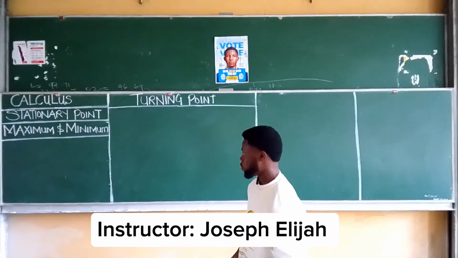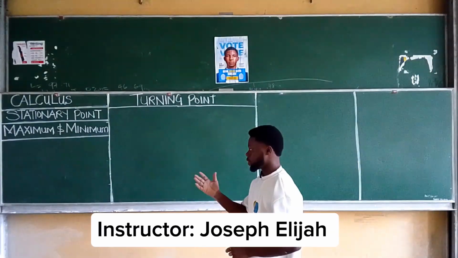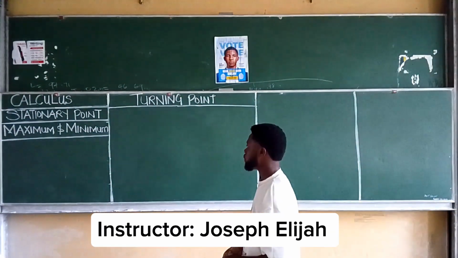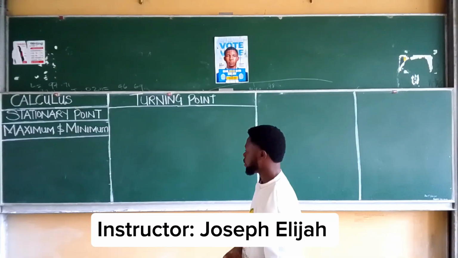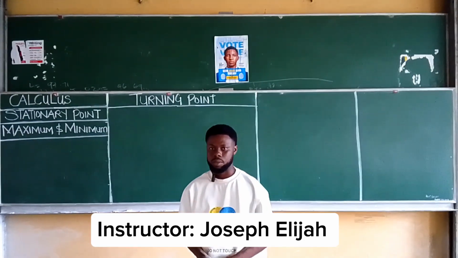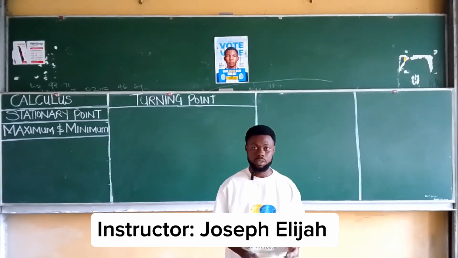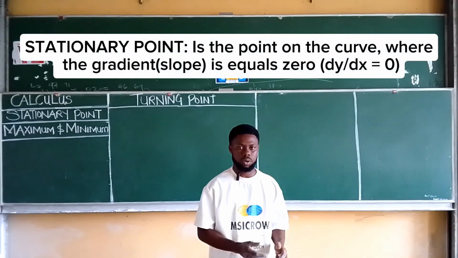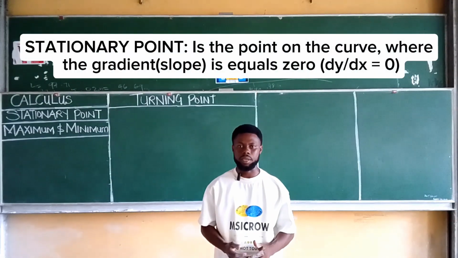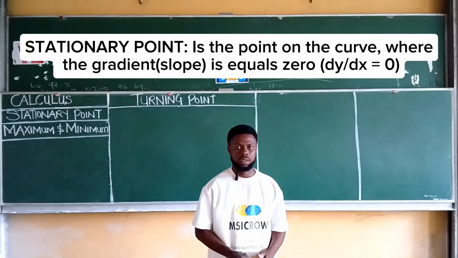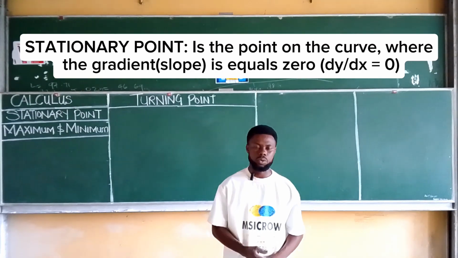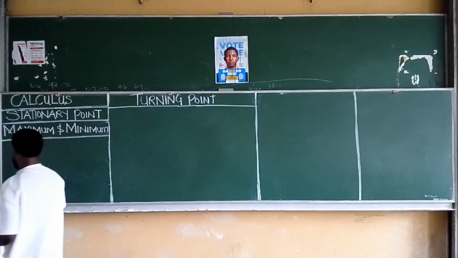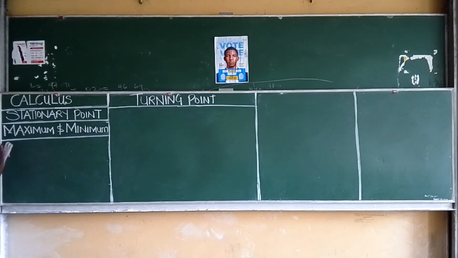In today's lesson, we will be looking at application of differential calculus under stationary point, maximum and minimum point, and also turning point. First, let's know the meaning of stationary point in calculus. Stationary point is a point on the curve where the gradient, that is the slope, is 0, where the slope gives 0. Mathematically, we can express